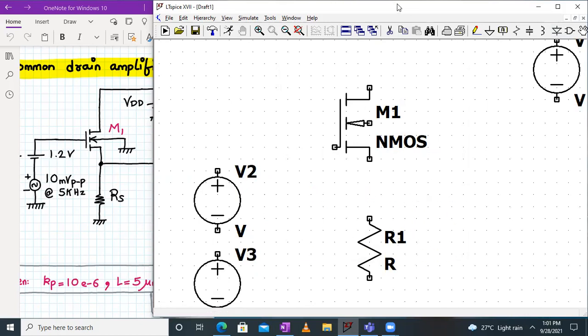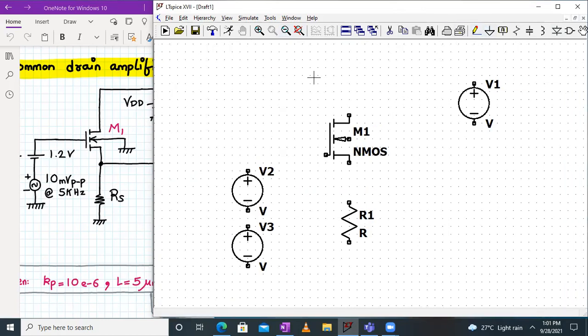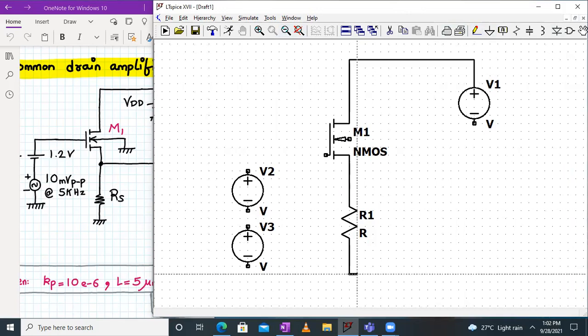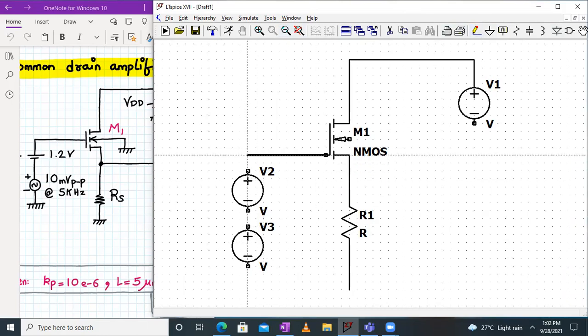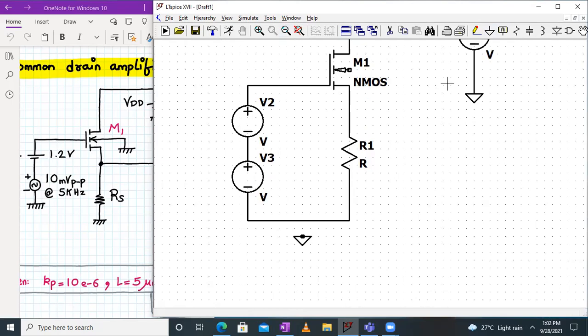Okay. And now I will be joining them together with the wire. So I'll take this wire and connect them together quickly. So here is one connection. And then secondly, I will be connecting to the gate the DC biasing voltage, as well as the input voltage. Fine. And I'm connecting them together. Here I can connect a separate ground from here. And here also we can connect a separate ground, okay, with a wire. Yeah. So the circuit schematic is ready.